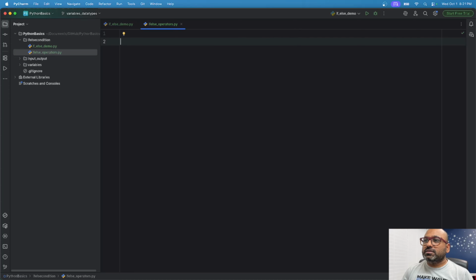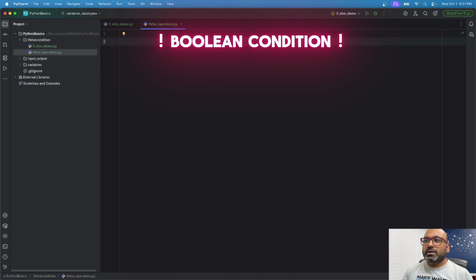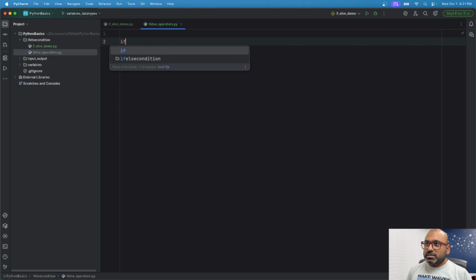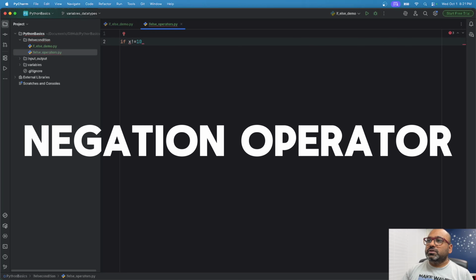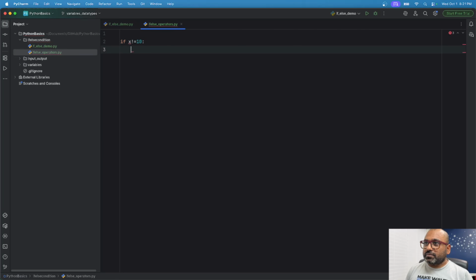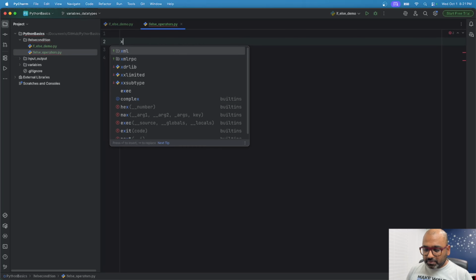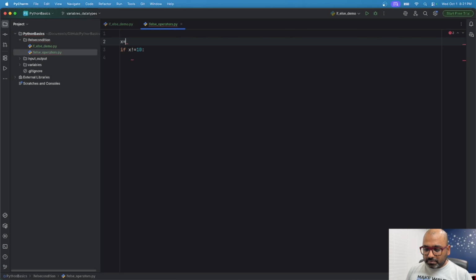We can use various operators in the boolean statement of our if condition. Let's try to use some of them. Let's say x not equal to 10. So it's a negation operator. I'll take a variable called x. I'll make its value 19. I'm saying my condition is if x is not equal to 10, then print the value of x, else print